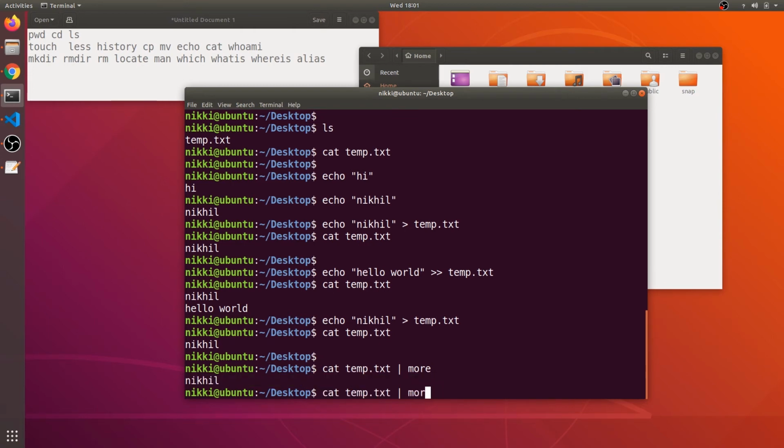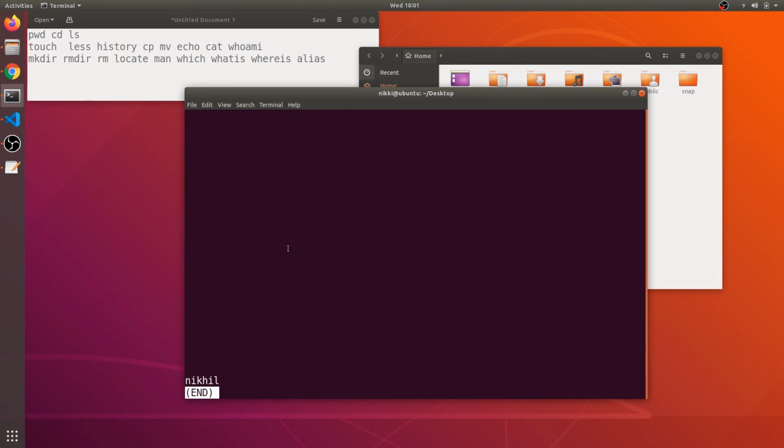Now there is a similar command to more, that is less. So cat temp.txt shows us this output, and then that will be given as input to this less command. The less command is very helpful when there are hundreds of lines of content in your text file or any file. Then you can start from the beginning and scroll like this.